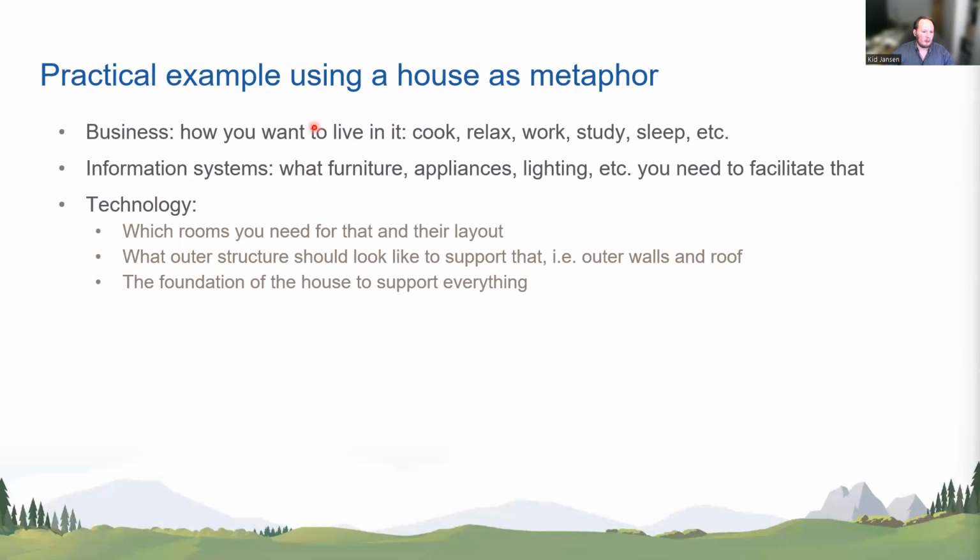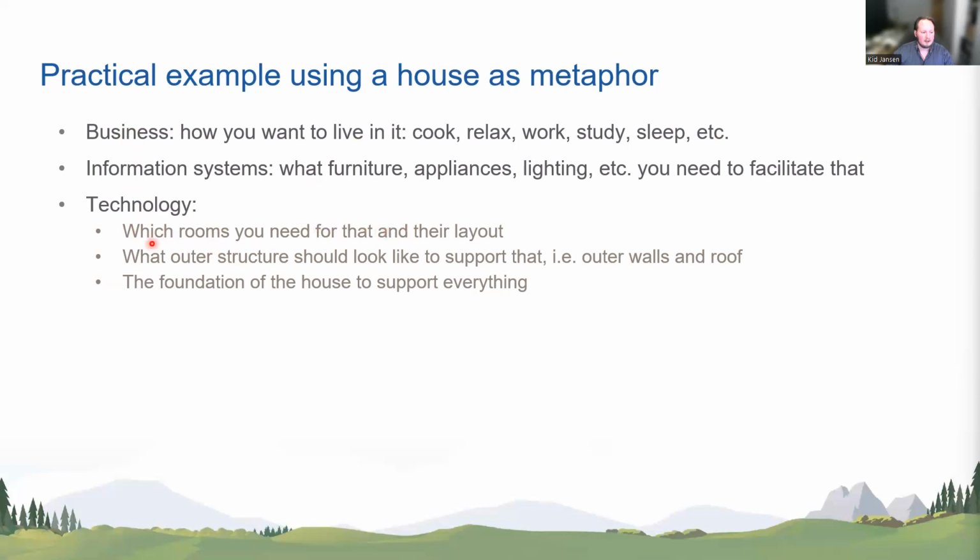So once you know what you're going to do and what you need in order to do that, you also can start looking at what's the sort of infrastructure that I need to support that. So you're going to need certain rooms, like the attic probably isn't a good place to place your kitchen in most cases. Sometimes maybe it is, but in most cases it's probably not the best place. So you want to make sure that the rooms also support the appliances, furniture, lighting, etc., which in turn supports the business process. So you go from business to technology, and technology in this case also has multiple dimensions, multiple